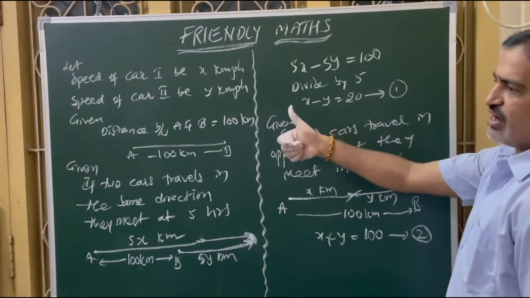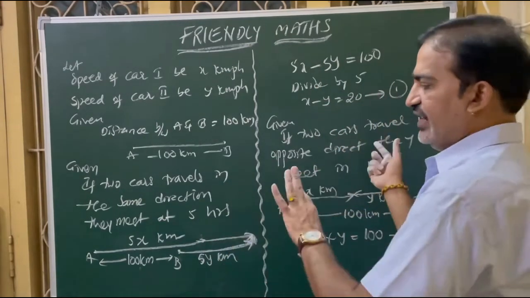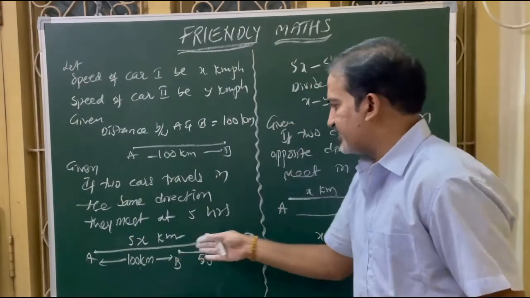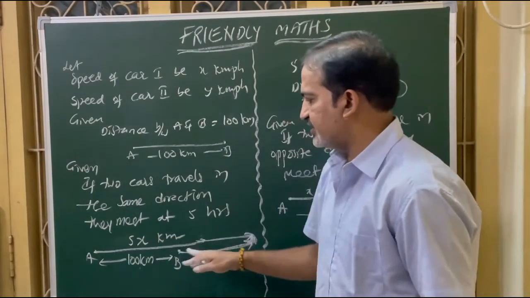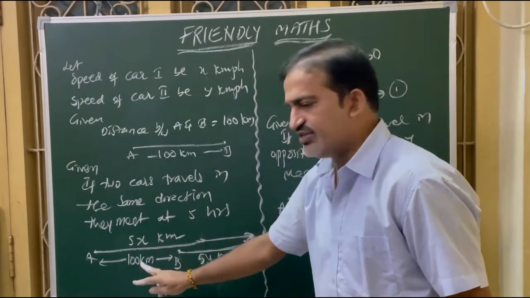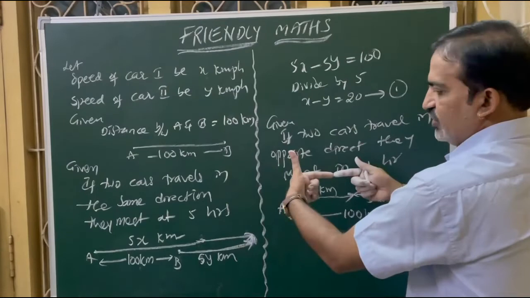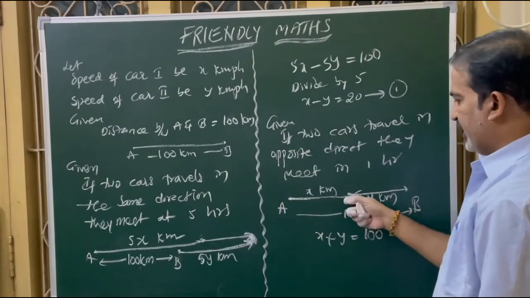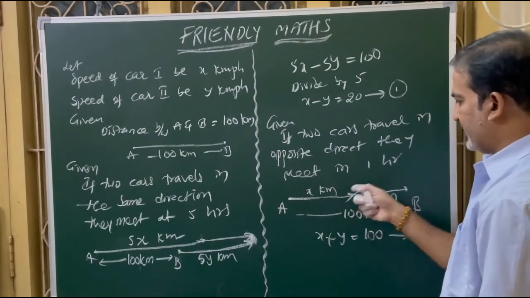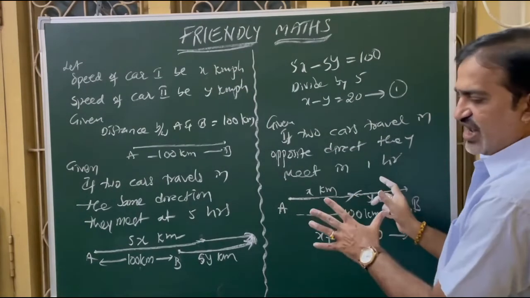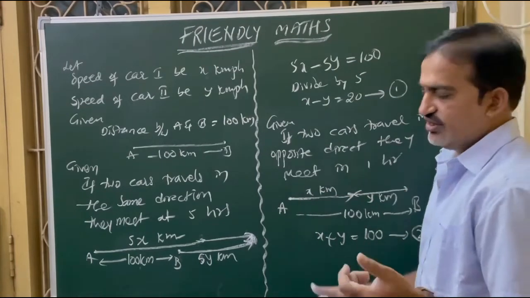It's a very important problem, and most people are going to be confused. Why are you subtracting? Why are you adding? Did you understand? Here it completes 5x kilometers and it completes 5y kilometers. The difference of these two journeys is nothing but the distance from A to B, which is 100 kilometers. But here both are going in the opposite direction. They meet together at one point, which is 100 kilometers apart. By the journey, x kilometers plus y kilometers is equal to 100. Try to understand and draw the diagram, otherwise you people are going to get the problem wrong.